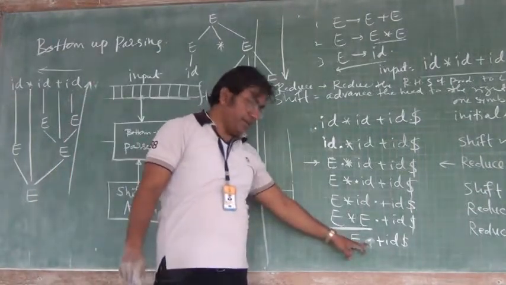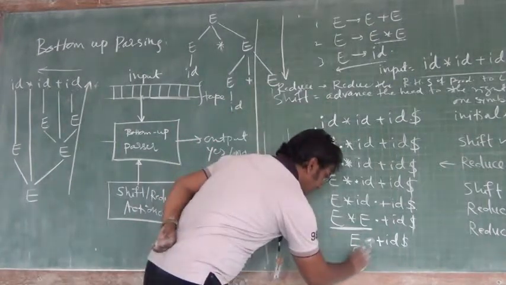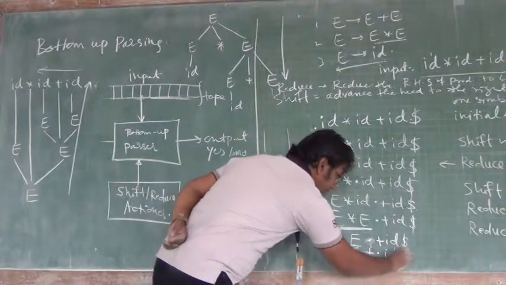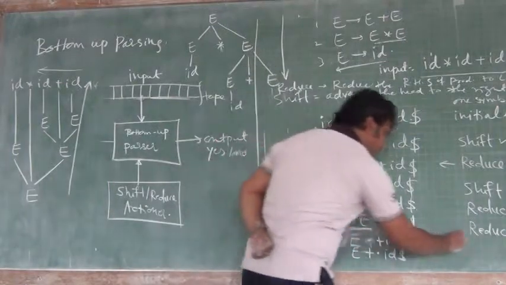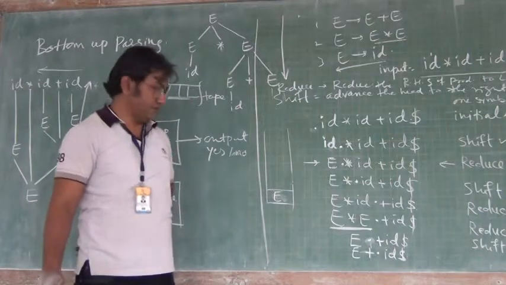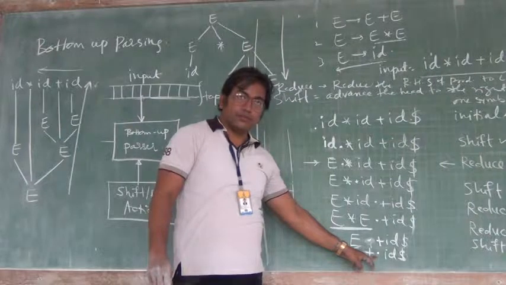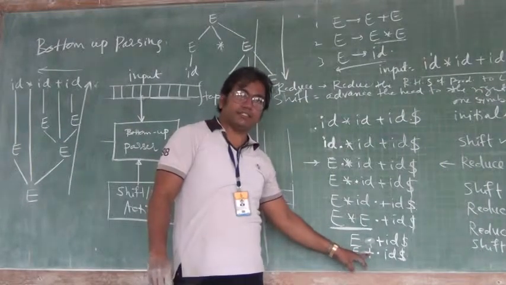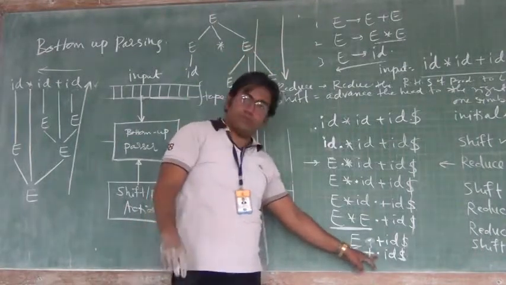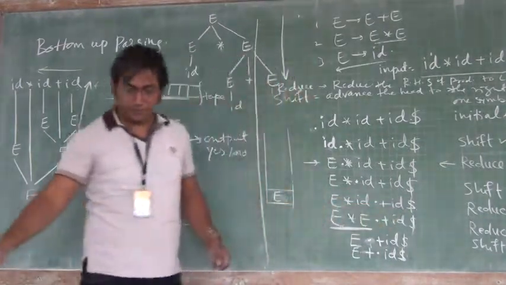In this case, being here, whether to reduce or shift? Shift. So in this case, plus, this is the situation. What did I do? I shifted. My action was the shift action. So being here, whether to shift or reduce? If you want to reduce, see the left hand side. It is a plus, and there is no matching plus at the right hand side of my list of productions. So better to shift. Correct.